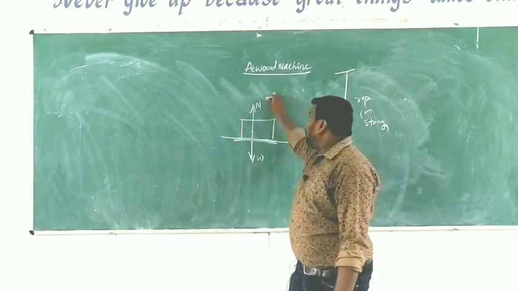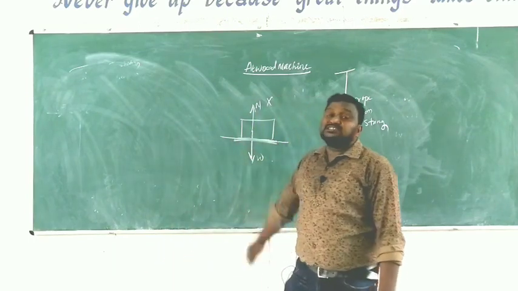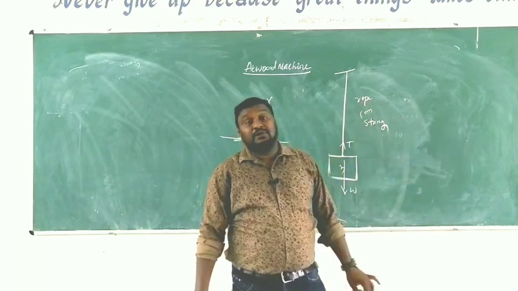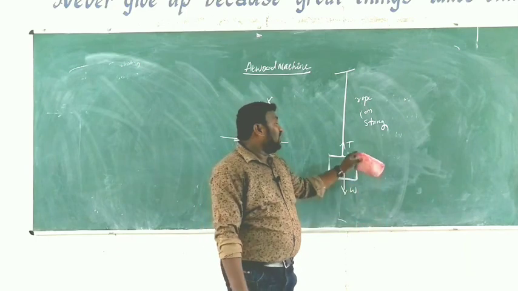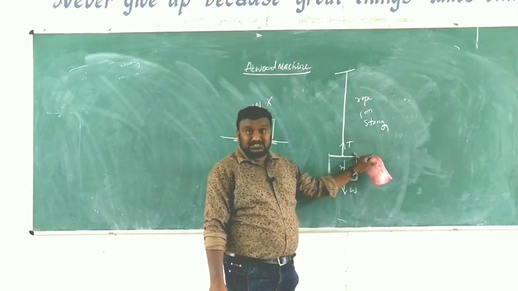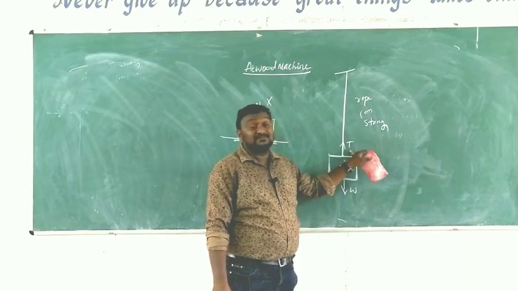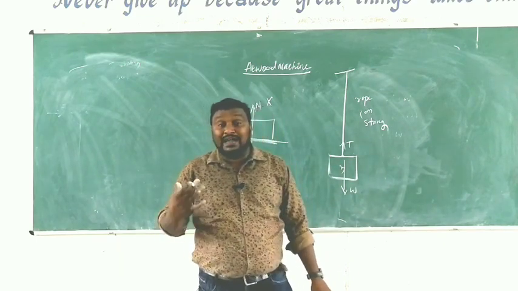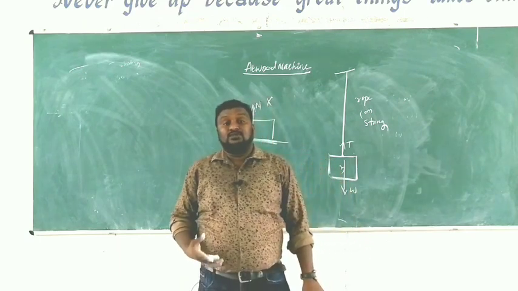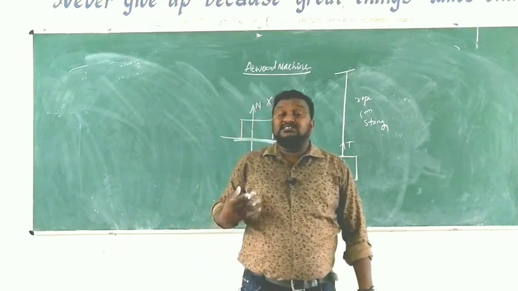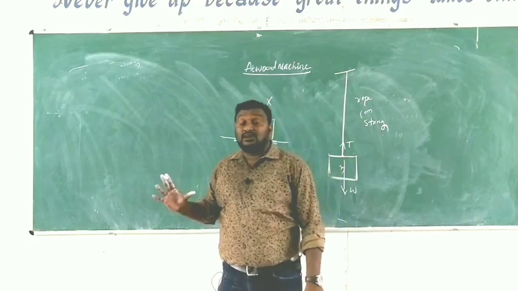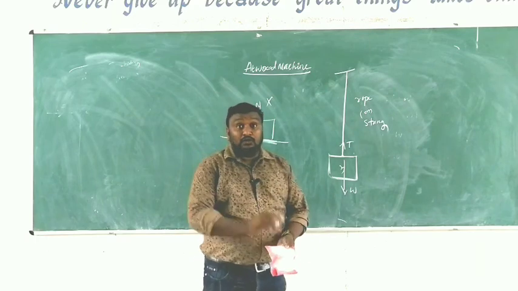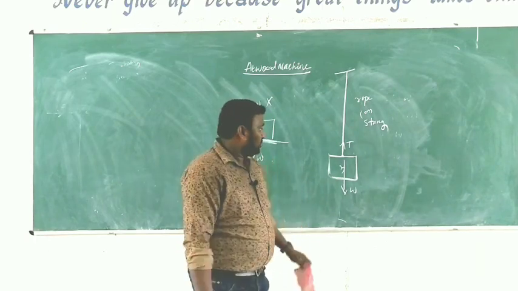Here there is no rope, simply the object is on a surface. In this case the same object is suspended by using some rope. What do you have to call it here? T. What do you call it? Tension. The tangential force acting between the rope and object where they are in contact, that is what we call tension force. Clear, children?